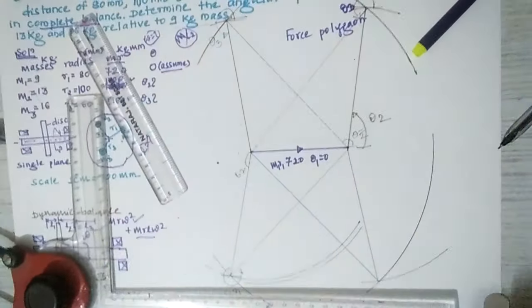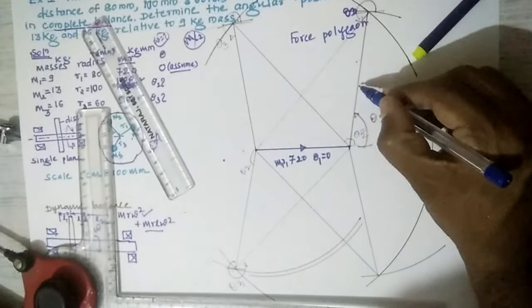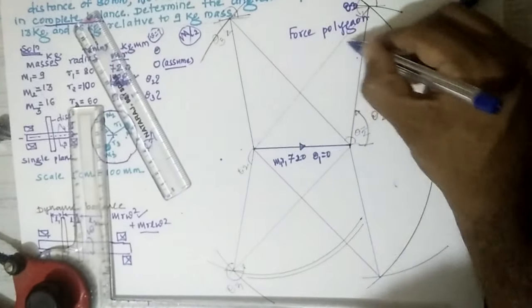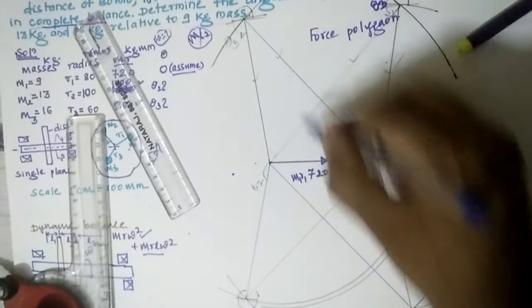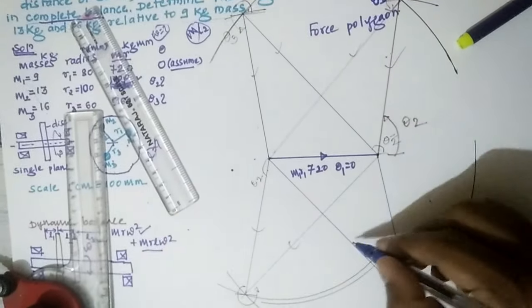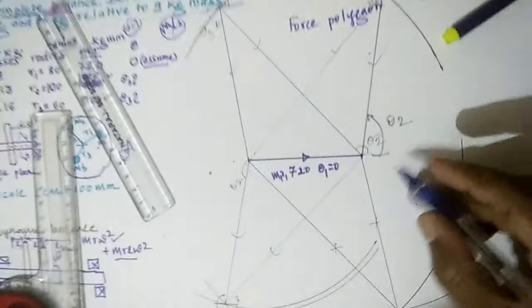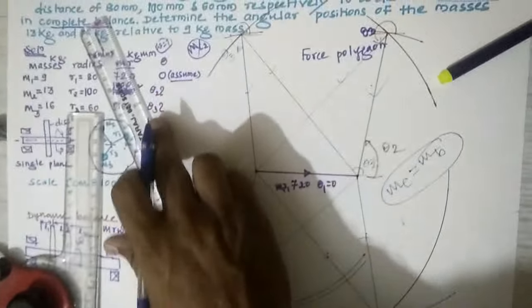Look at this one. I have taken 4 times. This is one triangle, one. If you consider this is a fixed theta 0, this is theta 2 to come. You can take this is also one. This is also 3 masses. This is also one. This and this. Okay. It is not necessary to find the counter mass or balancing mass. Okay. Only you have to find theta 2, theta 3.